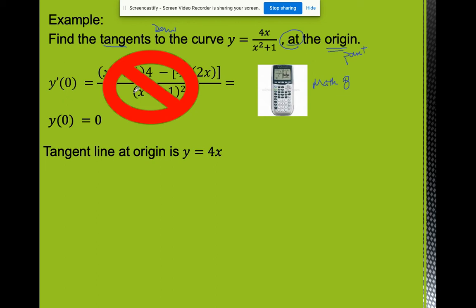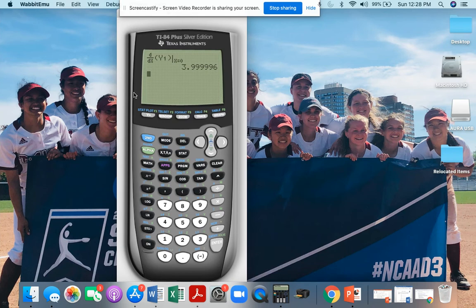Was it too long, or did you not make the best decisions for how efficiently to do the problems? AP and IB, and therefore we, are testing that skill. It's not just content, it's problem solving. And part of problem solving is, can you do it efficiently? So when you have a calculator in your hand, don't you dare do the quotient rule. You math 8 this,